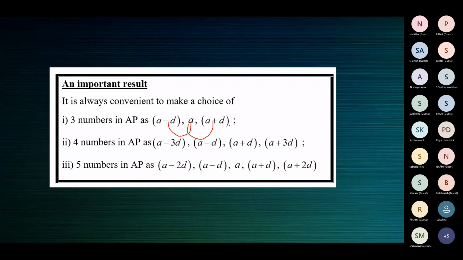A sequence of numbers is said to be in arithmetic progression if the difference between any term and its preceding term is a constant. That's all. In the case of A minus D, A and A plus D, the second term minus the first term is equal to the third term minus the second term. You can say this because A2 minus A1 is the same as A3 minus A2. These three expressions form an AP.